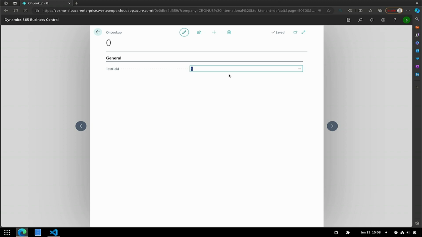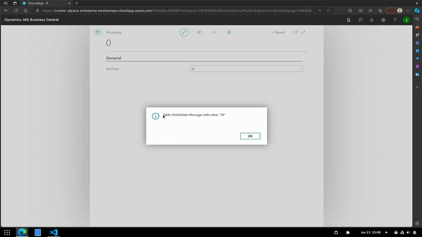So if I go here and type into that like a 10, I get a message. Readable? Okay. Should be large enough. I get a message table on validate message with value 10.